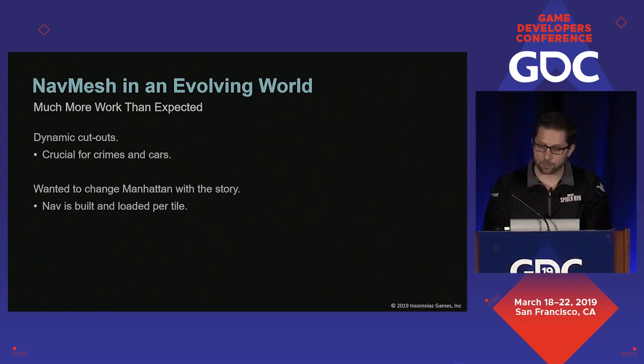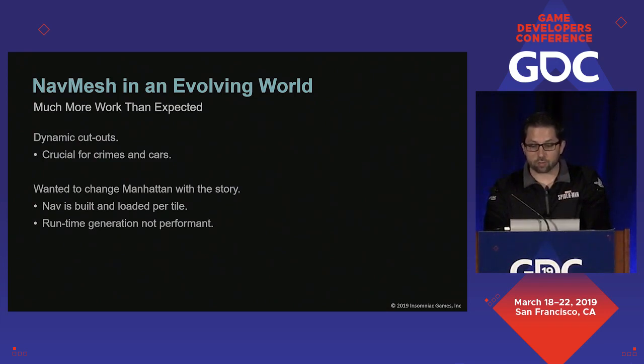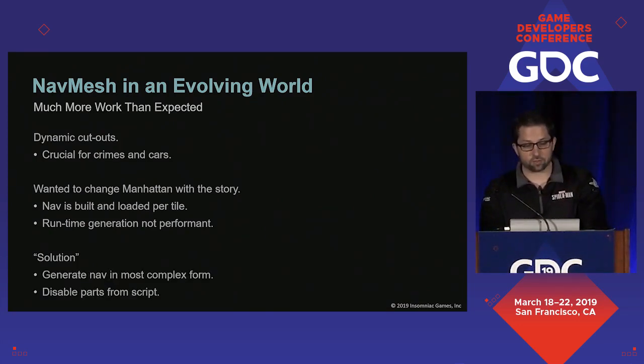We did not have the time to rework this, because we would have needed the ability to load different meshes based on various game state, and we'd need the ability to express all of that state at build time. We evaluated generating nav mesh at runtime, but we found the CPU performance to be a non-starter. Our solution was to generate nav in its most complicated state and then try and just disable parts of it